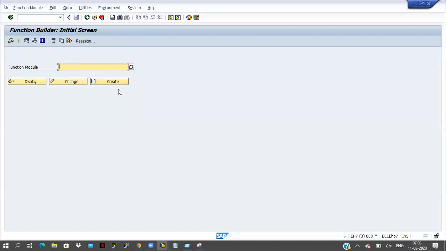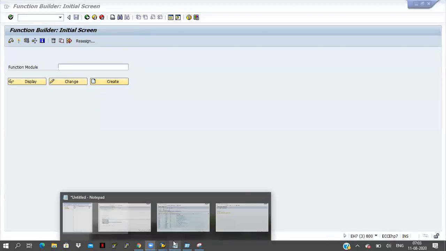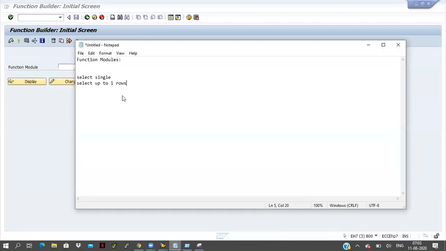Here we have to write the function module name. One more thing: if you want to create any function module, you have to create one function group, and in this function group you have to create one function module.